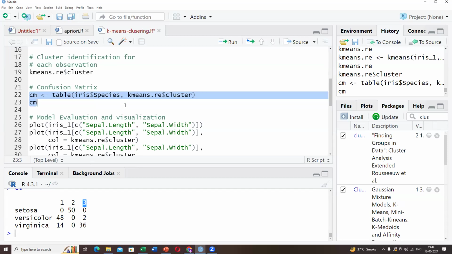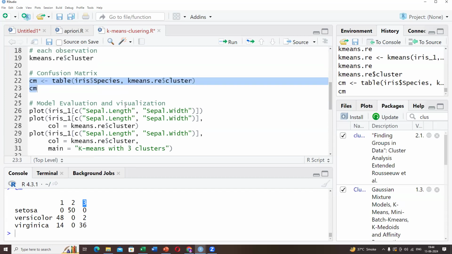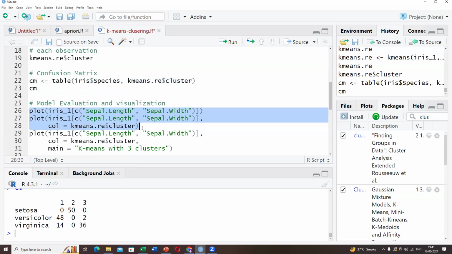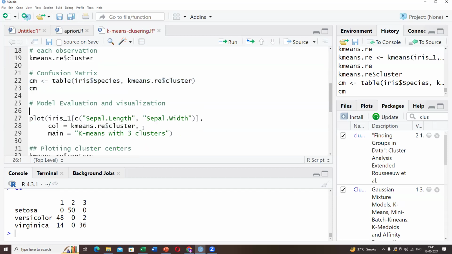Now, as this is a clustering algorithm, we have to visualize the results. Okay, so for visualizing the result, what do we have to use,